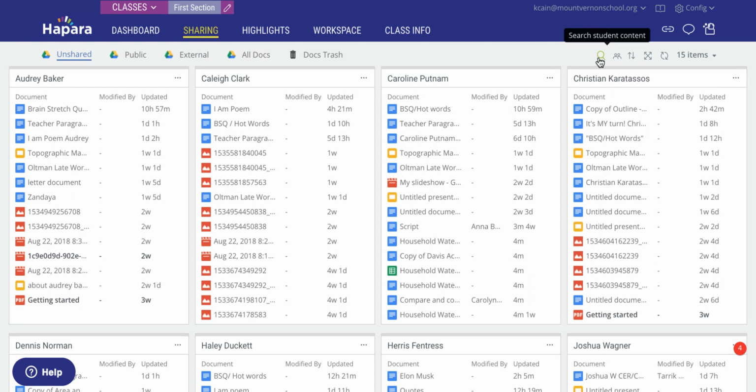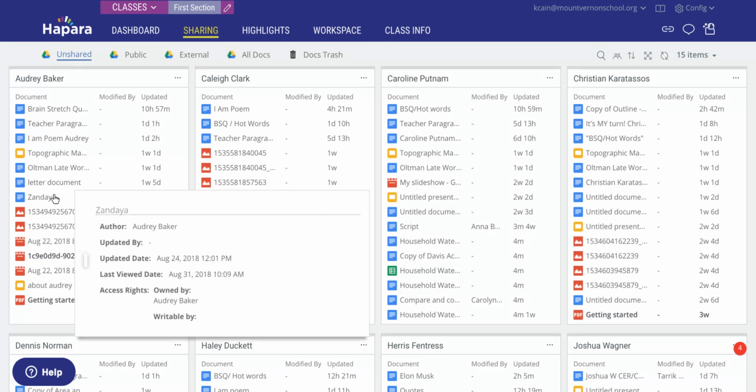Let me show you search first, and then I'll come through some of these other things on the top. So if you click search, you've got an option to search by title or alt text. So you could search for a keyword anywhere in a document or slideshow or whatever, or you can just go for the title. Here, I'm looking at students' unshared work. So these are things that are private to the student. If you click public, these are things that are shared